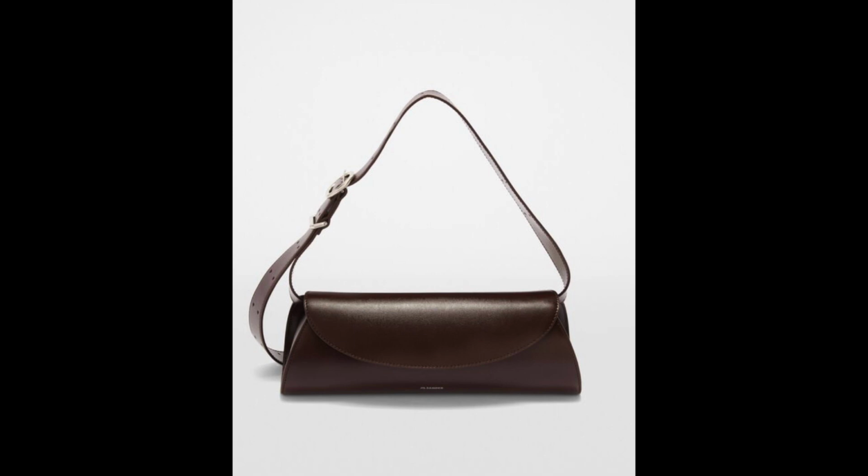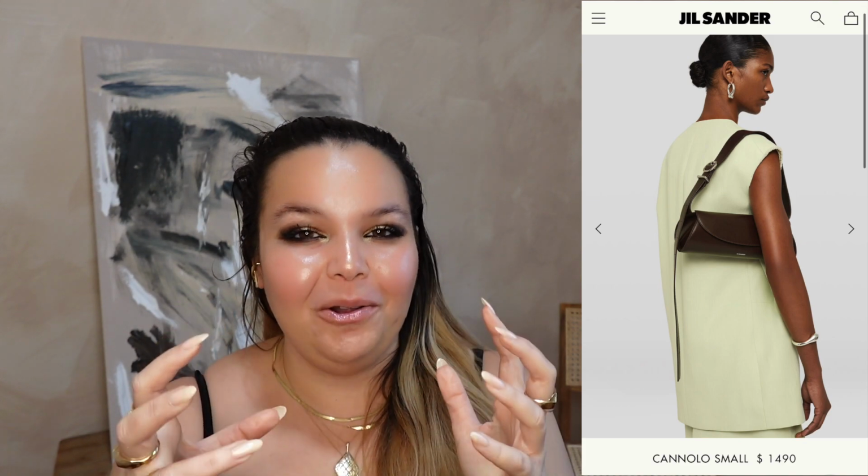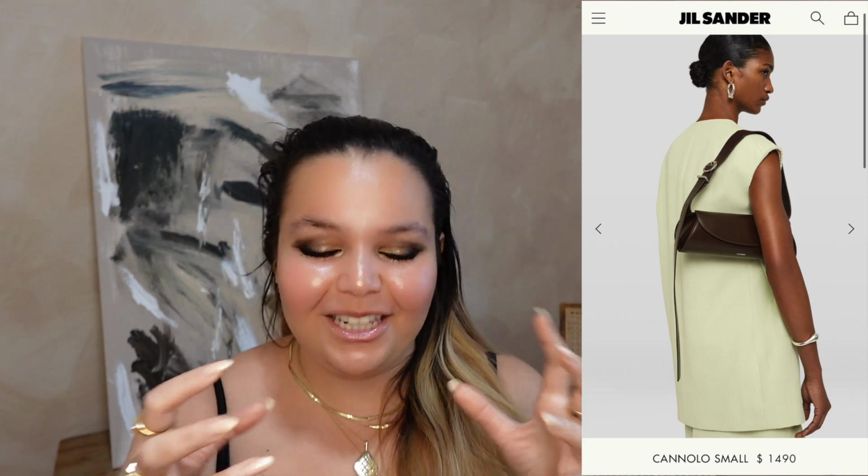I love it when simple shapes are simplified and yet look really fresh and new and conceptual. I talked about Jil Sander in the top handle bag video. There is a bag that I have that's been in the distance of my radar. It's so cool. The cannolo shoulder bag literally looks like a little